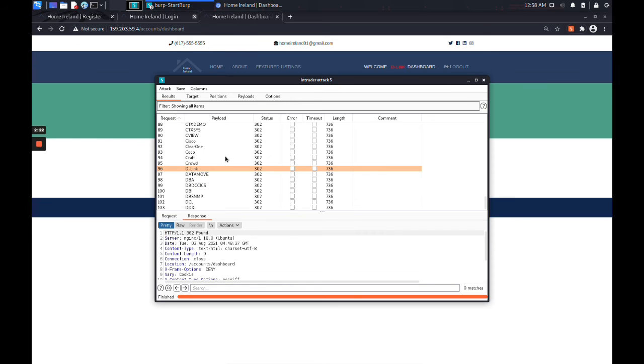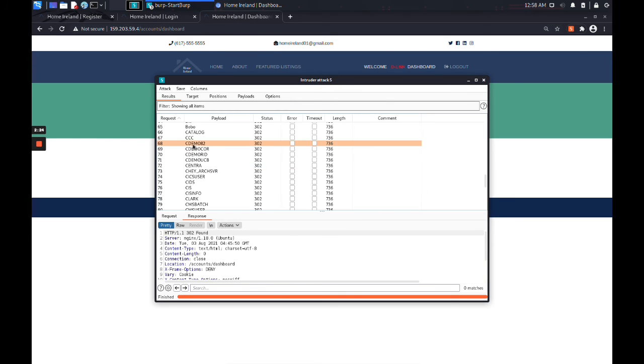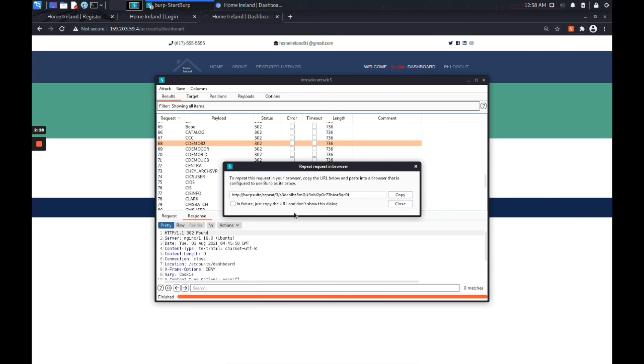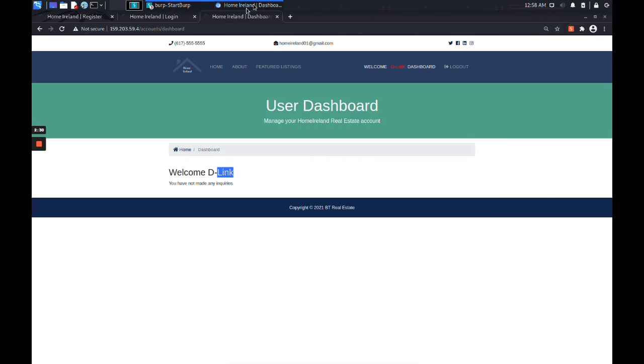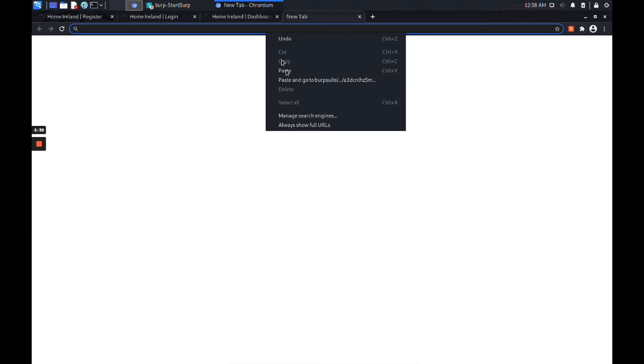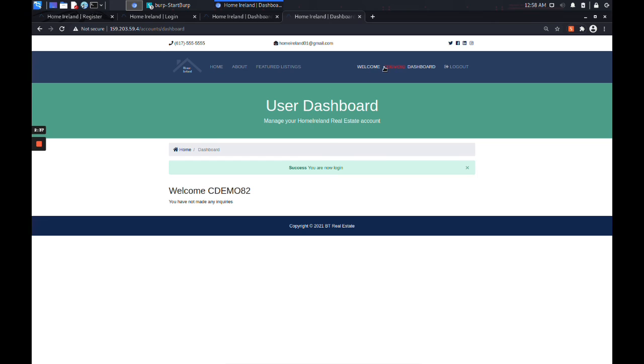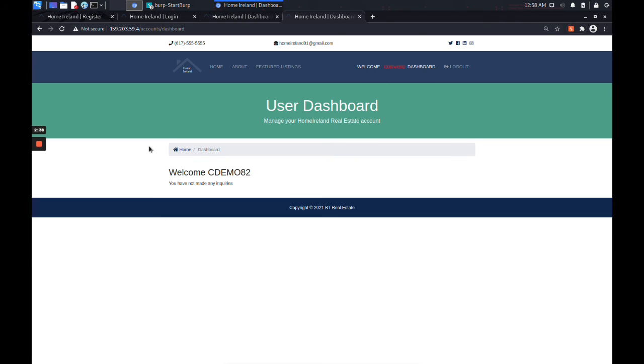Similarly, we can open any other account just by clicking on CP, seeing the response in the browser in the original session, copying it, going to the site, and seeing login, and bang, we are in. Hence the brute force on the login credentials is successful, and we can say our registration page buffer overflow and brute forcing on the login page happened successfully.